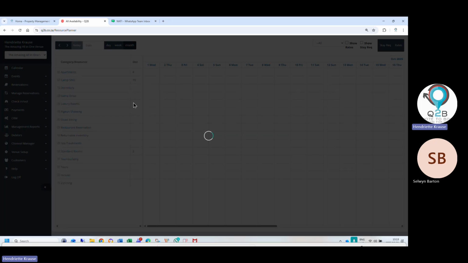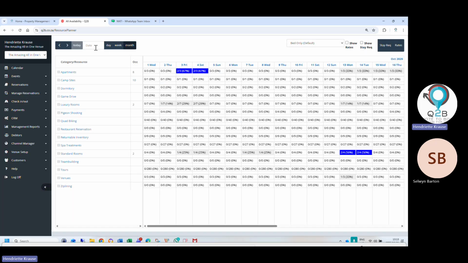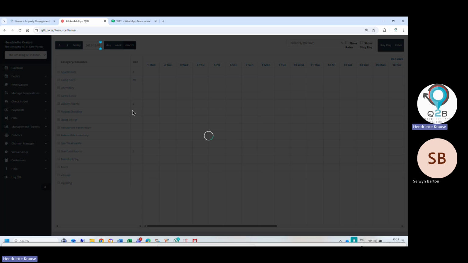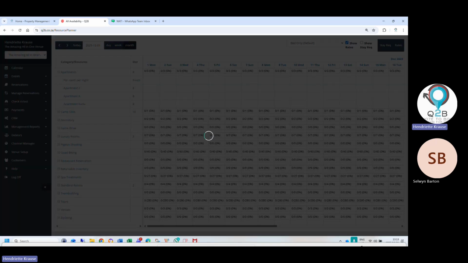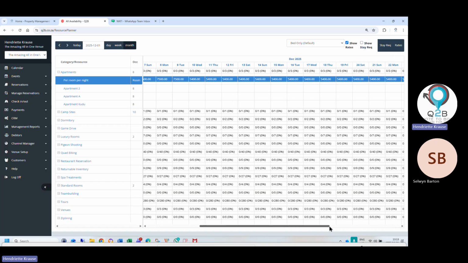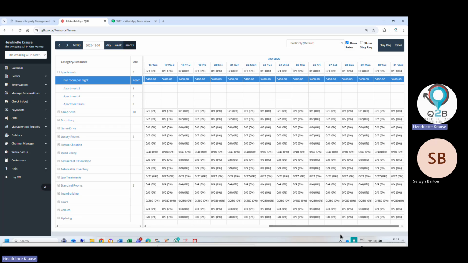So you can generate rates on any items, any categories, any dates, and you can push it immediately. So if I go to December now, and I change my apartments, and I say show rates, and I change them from the 25th.